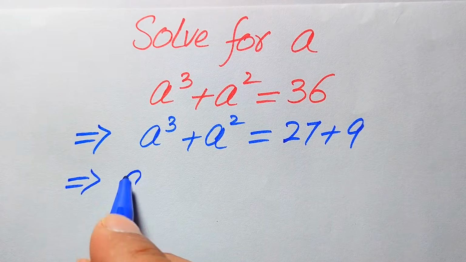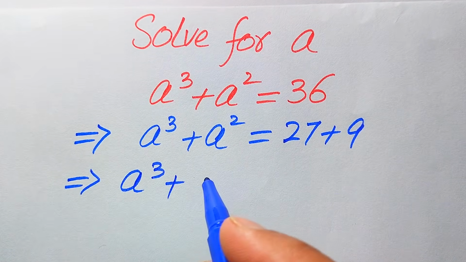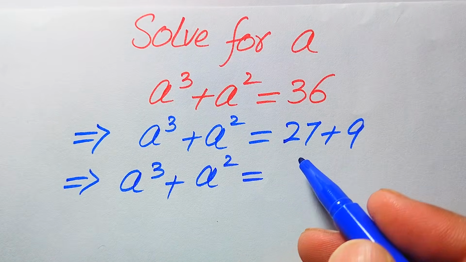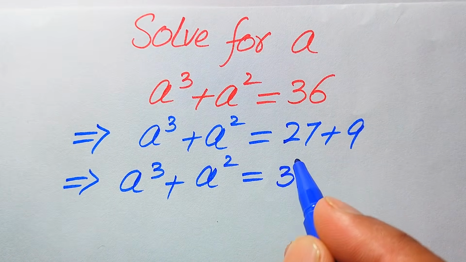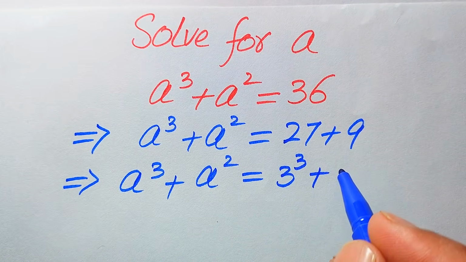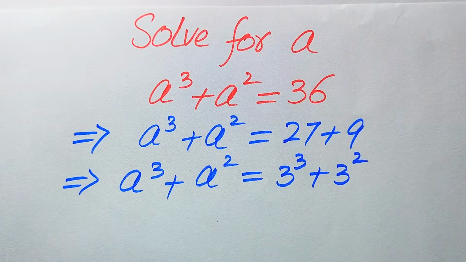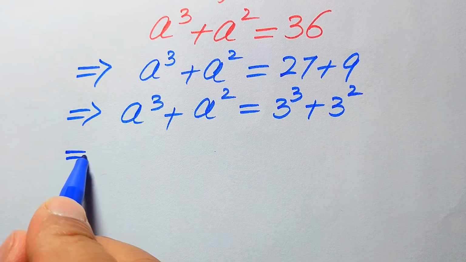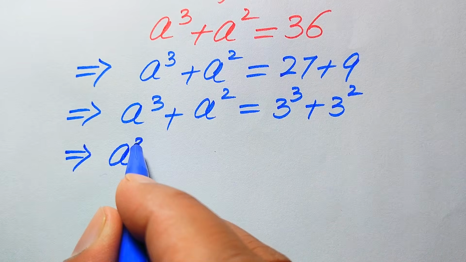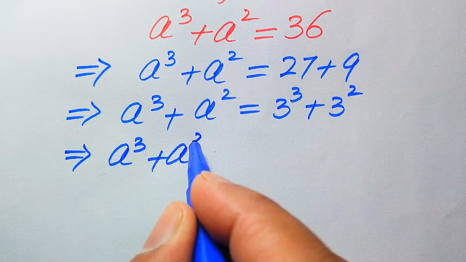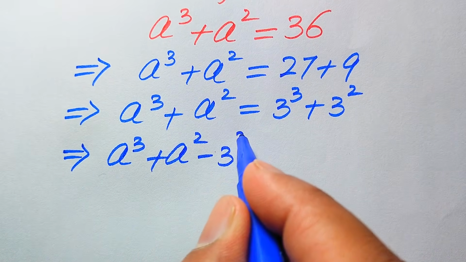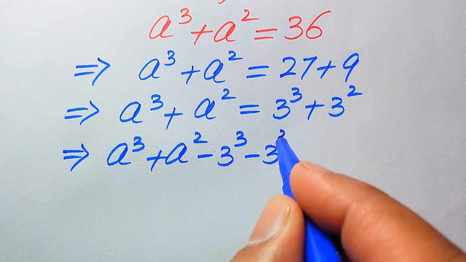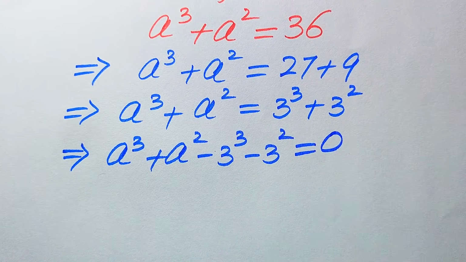Now we rewrite this equation as a cubed plus a squared equals, this 27 we write as 3 cubed, plus this 9 we write as 3 squared. So we move all the terms from the right hand side to the left hand side, and it becomes a cubed plus a squared minus 3 cubed minus 3 squared, and this whole equation equals